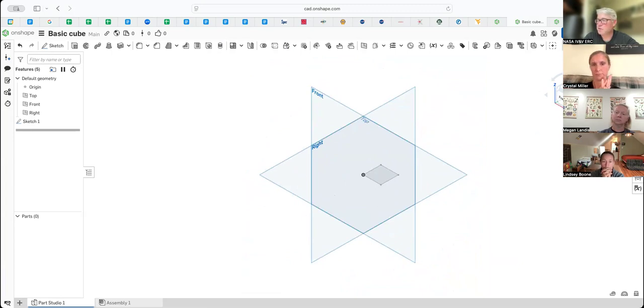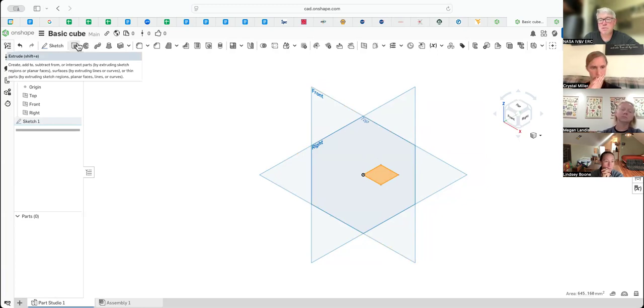So getting familiar with this tool over here, so that you can orient yourself around and know where you are, is very helpful. Now I want to take this into a cube, and so far it's just a flat, dimensionless square, right? So I'm going to click on the square itself, and a little one has been created. It says you've chosen one object. Then I look over here at my features, and the most common feature used, most popular, most useful is called